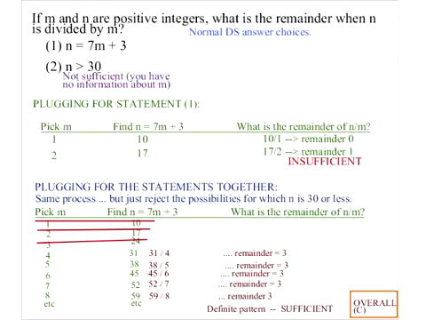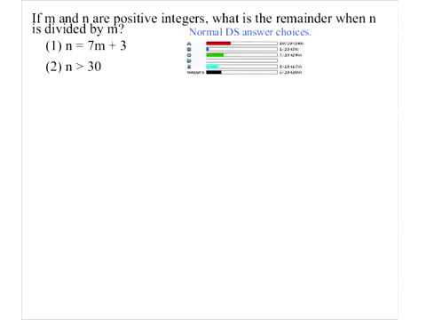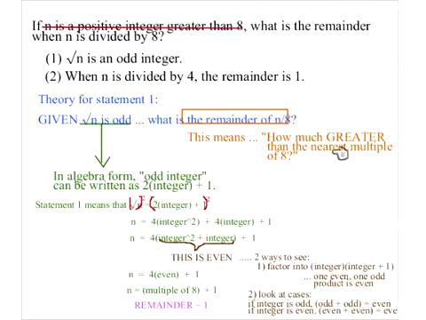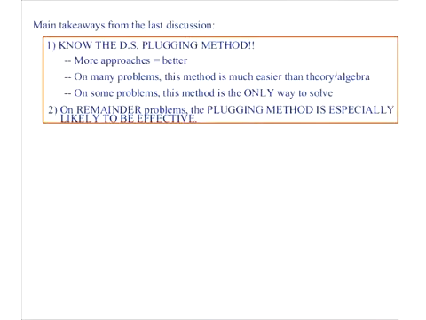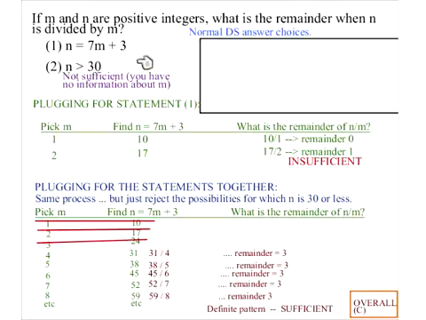So the people who marked A, what they were doing is looking at this and saying, I mean, okay, the logic of that is that it's kind of like this, where they're saying how much greater than the nearest multiple of 8. So if n is 1 more than a multiple of 8, then that's definitely a remainder of 1 if you divide by 8. The problem here is that this would mean that n is 3 more than some multiple of